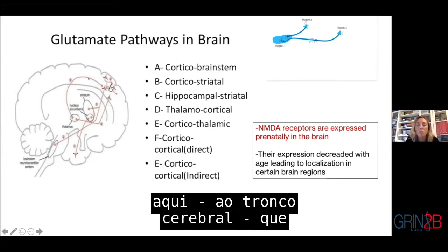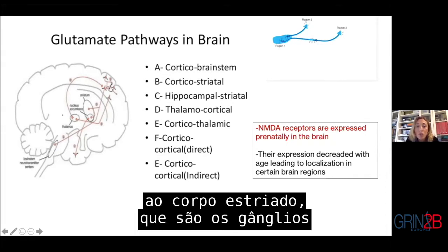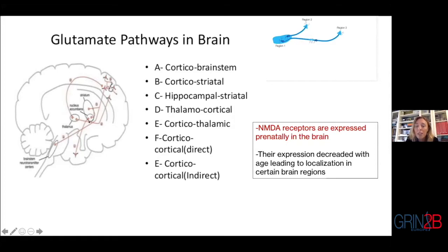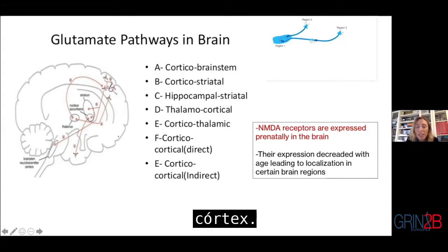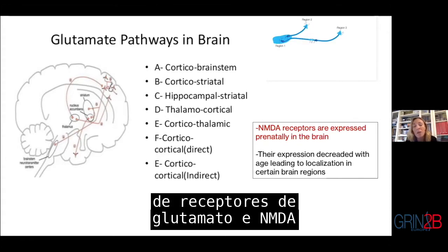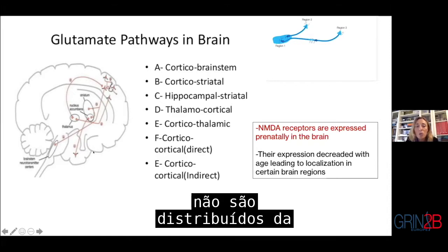So we have a cortical sequence that goes from the cortex here to the brainstem, which is here, but also to the striatum, which are the basal ganglia that are responsible for movements. We have other cortical circuits, so a conversation between the cortex. So there are several circuits of glutamate and NMDA receptors, but these NMDA receptors are not distributed in the same